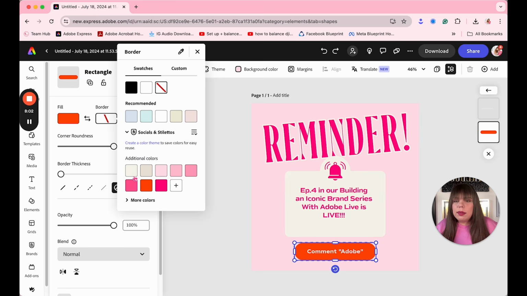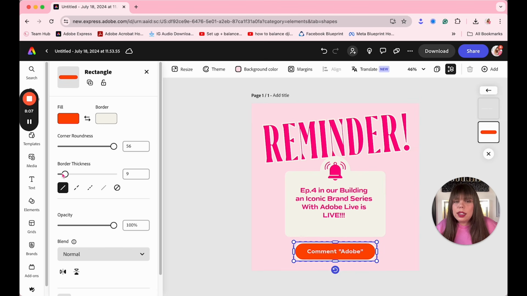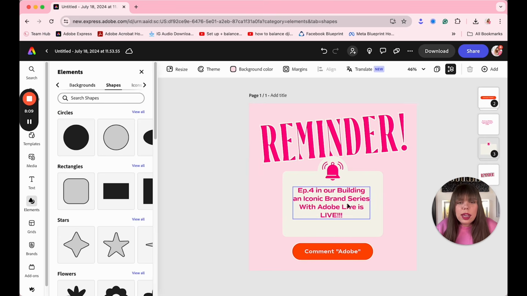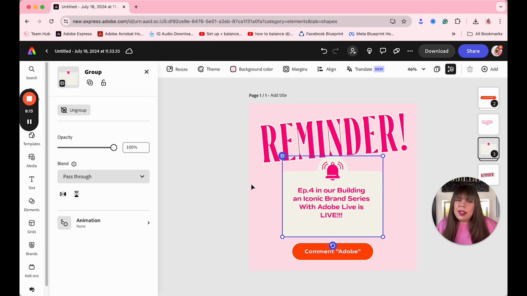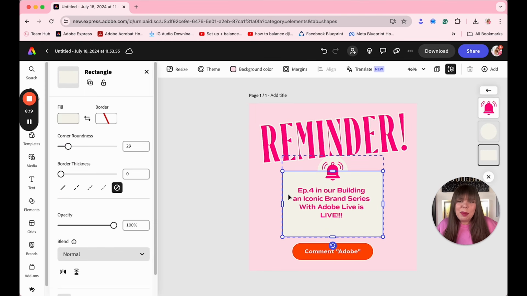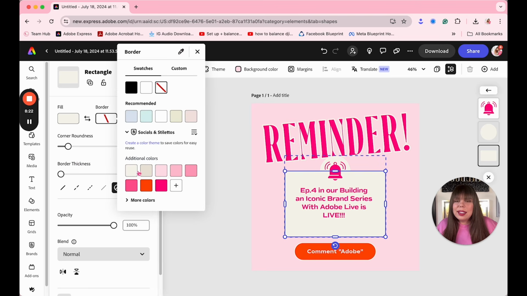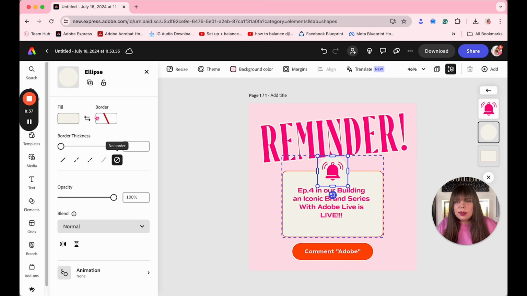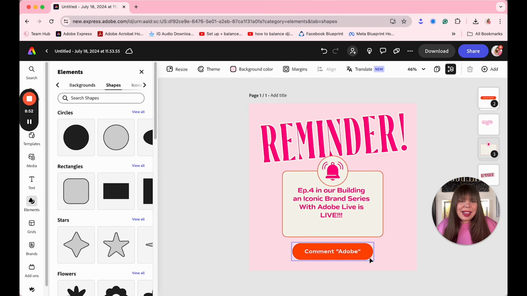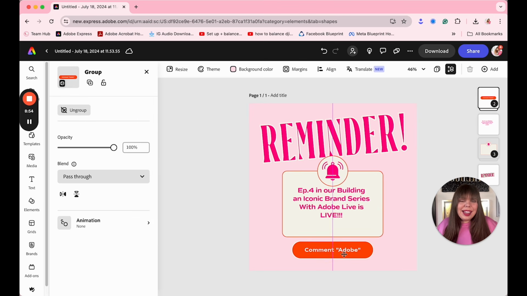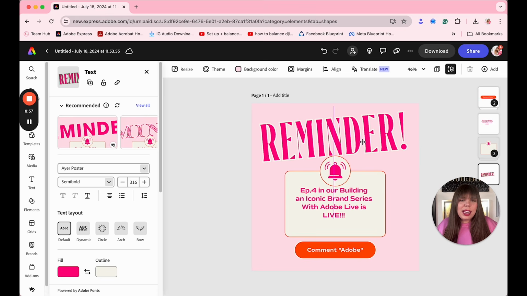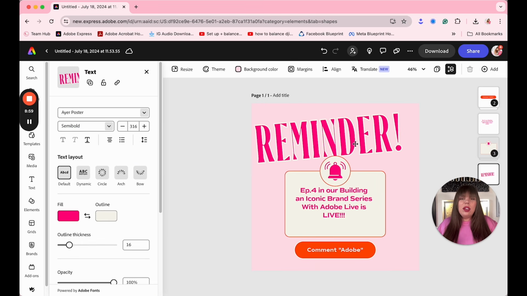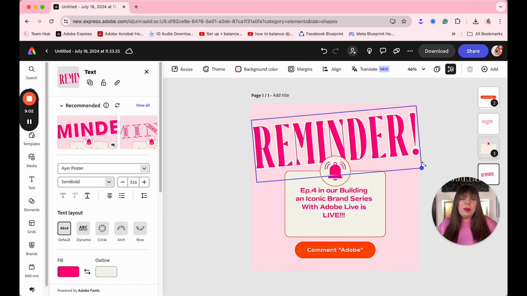Thinking if we add a border, maybe just increase the border sizing just a little so that it pops out. And maybe we'll add a border around this as well. Let's try adding a border and see what happens. I'm loving the way that this is looking. This has come together so beautifully, and it was so easy to create something that feels super branded